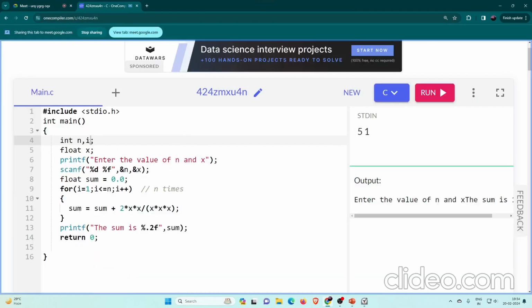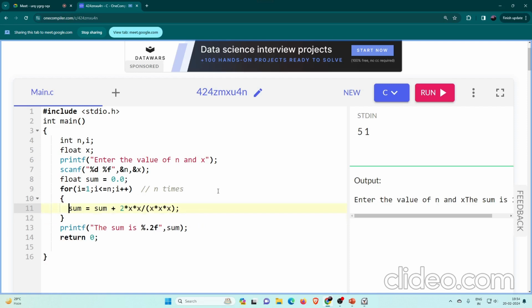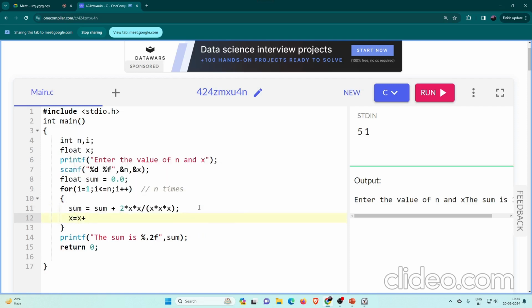I have i here, n here, I have float x here, of course. So sum is this. I can actually, sorry, x equals x plus 1. So one might ask me,